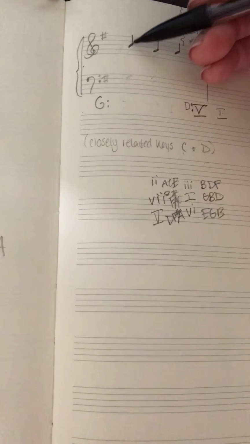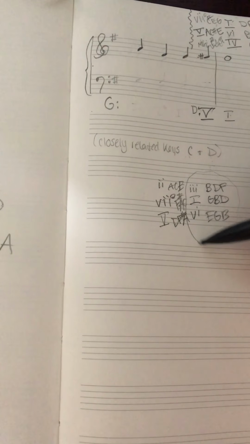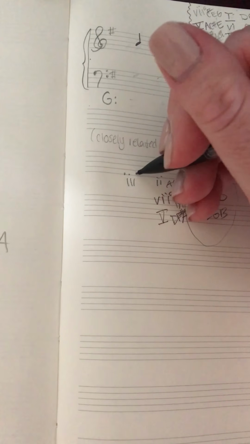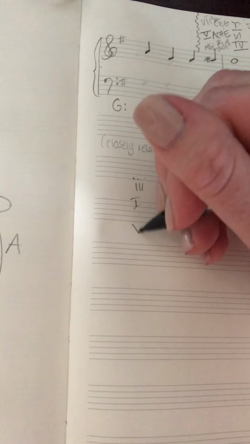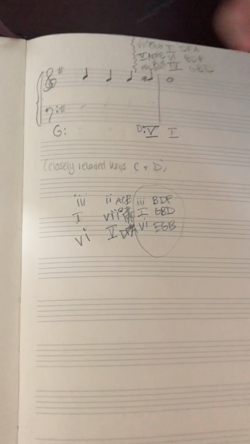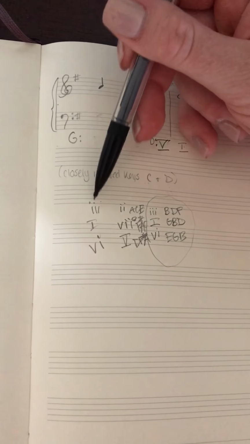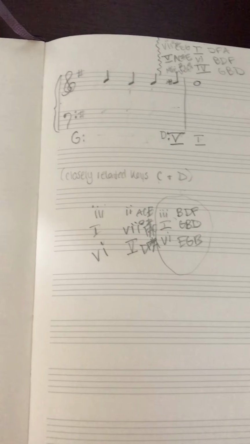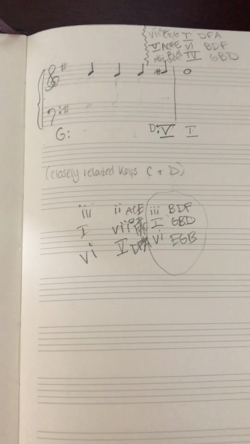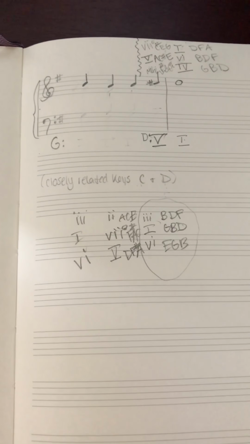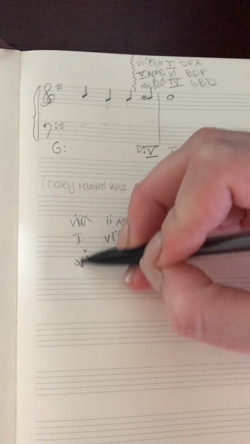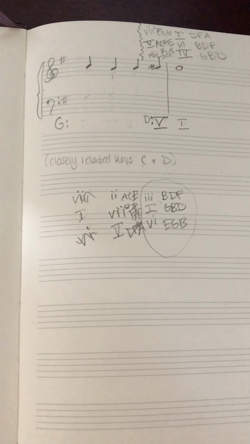And then we come back to B. So that means that all of these chords that we had for this B can apply over here too. So it could be 3, it could be 1, or it could be 6. All right, so now for our first 3 notes, we have these chords, and these chords. So typically at the beginning of an example like this, you want to firmly establish the key that you're in. It's not really going to make sense to start with a 3 or 6 because that doesn't allow your ear to hear the tonic, the 1 chord. So we're going to